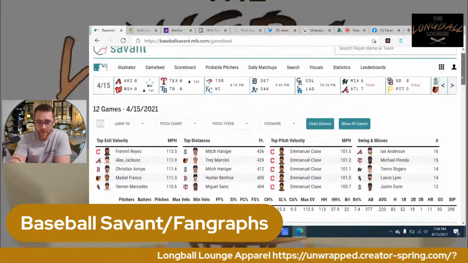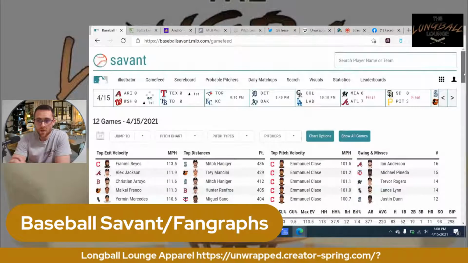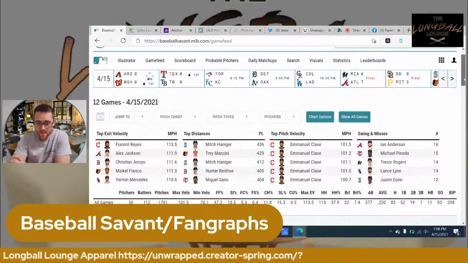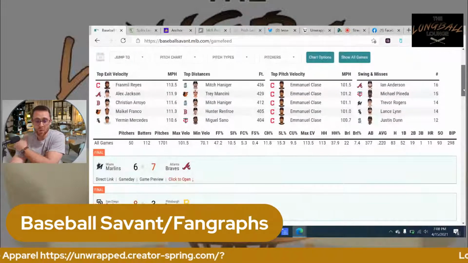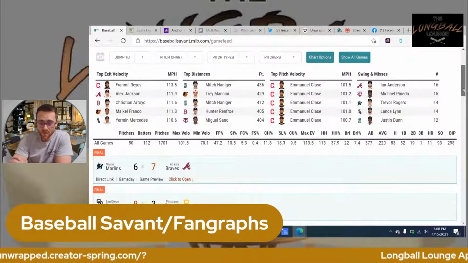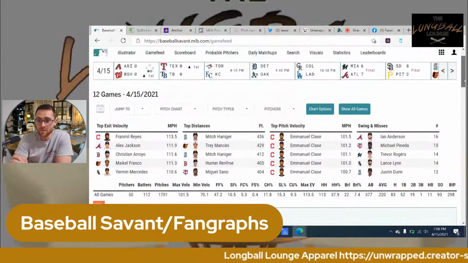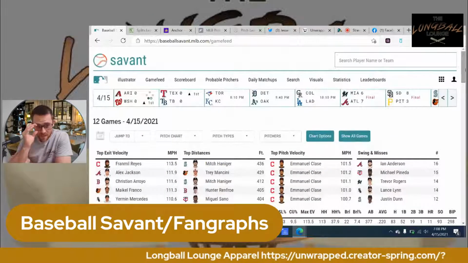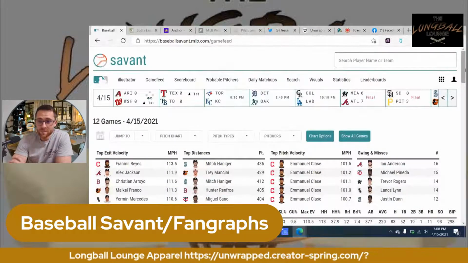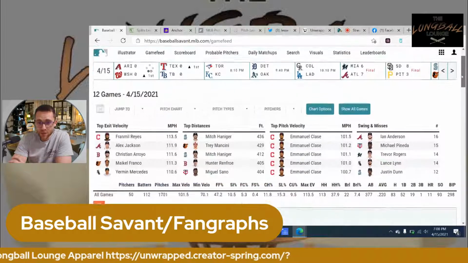What we care about are swings and misses, the K to walk percentage, like I said earlier, swinging strike rate, meaning the percentage of time that somebody swings and it's a strike.